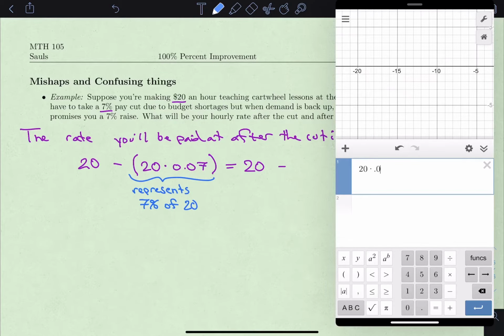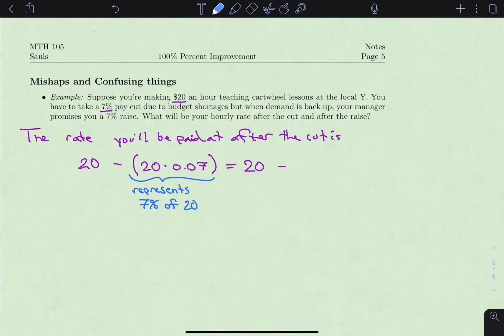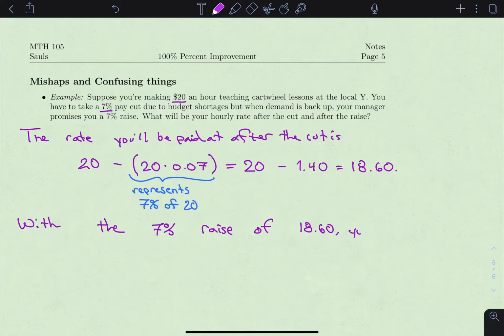Let's bring our calculator in. 20 times 0.07 is $1.40. So you'll be making $18.60. With the 7% raise off of $18.60, you'll make